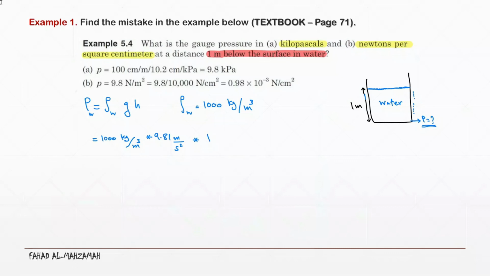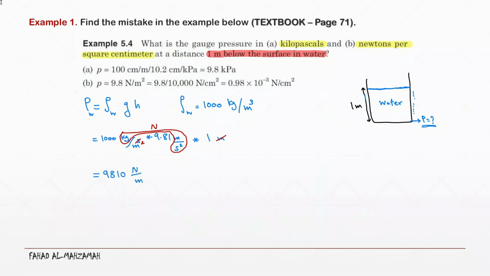Multiply 1 meter, okay? So here we can say that the kilogram meter per second square is equal to Newton, and here we have meter, and with a cubic we end up with Newton per square meter. Let's multiply, and then we will find that the answer is 9810